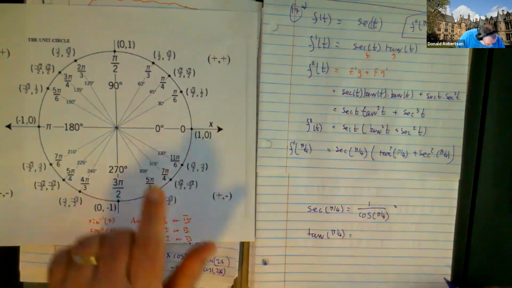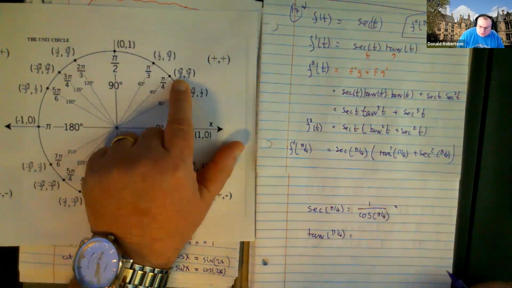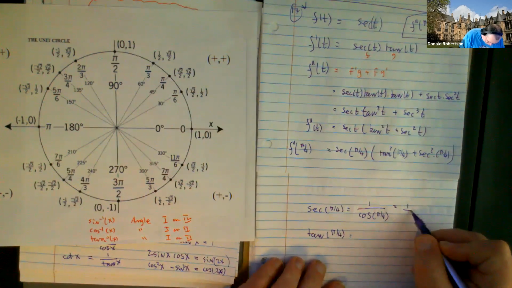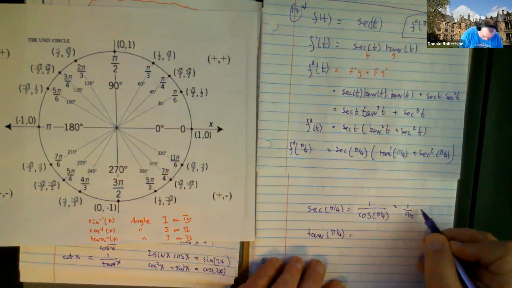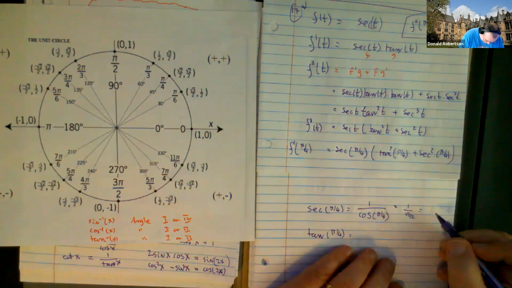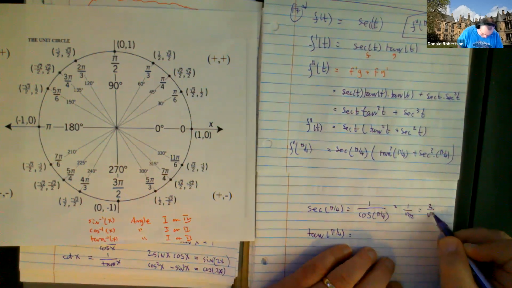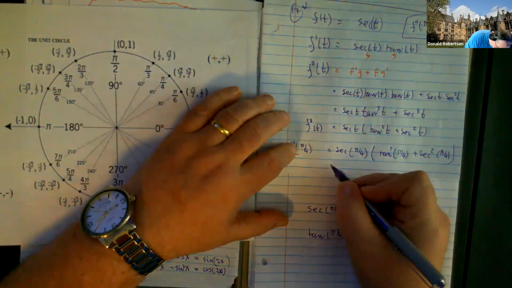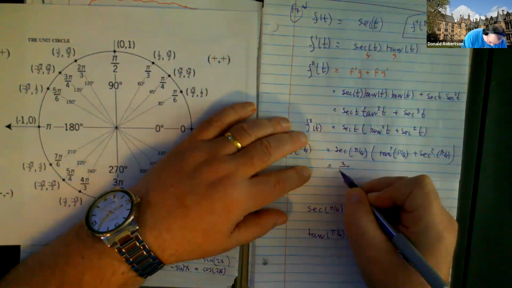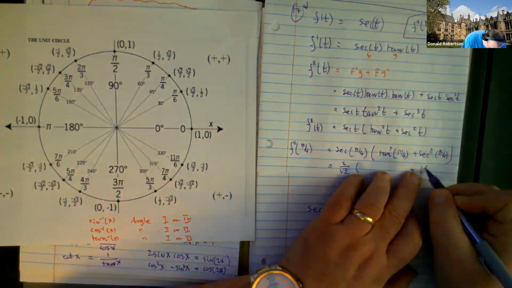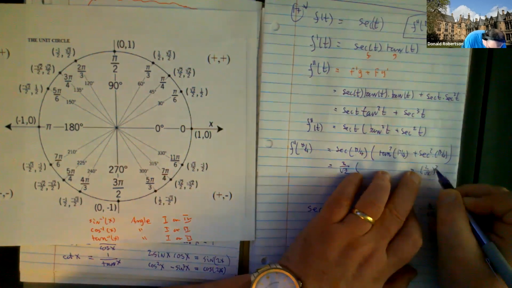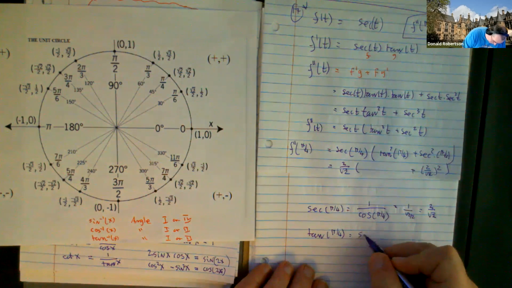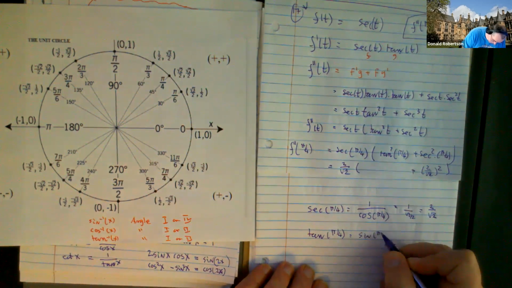Now I can find the cosine. Isn't the cosine root 2 over 2? So this is 1 over root 2 over 2. Essentially, it's the reciprocal. So there we go, 2 over root 2. So I can now go 2 over root 2 here and 2 over root 2 squared here. Now, if I want to get the tangent, I have to figure it out as the sine of pi